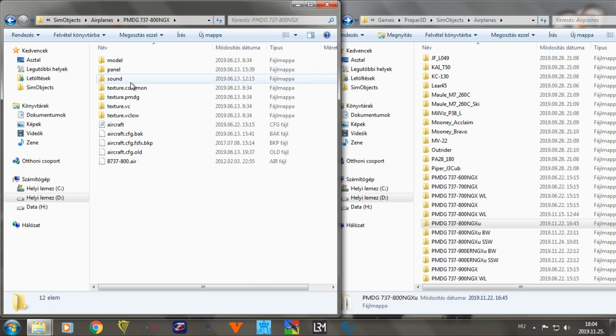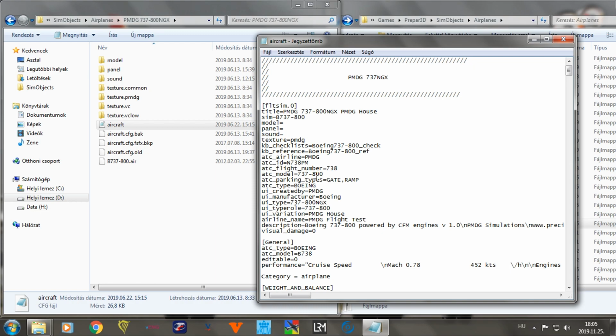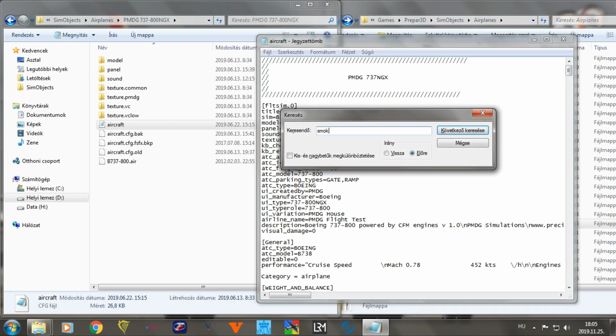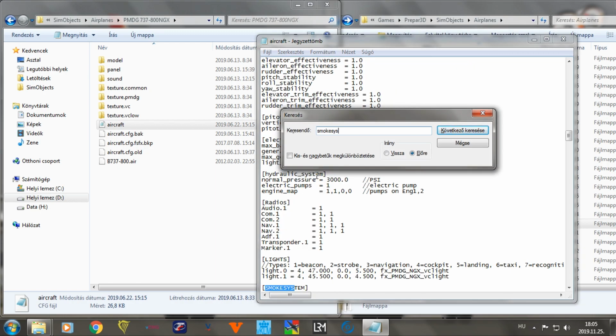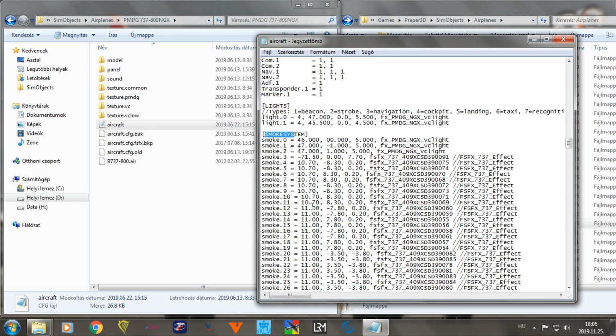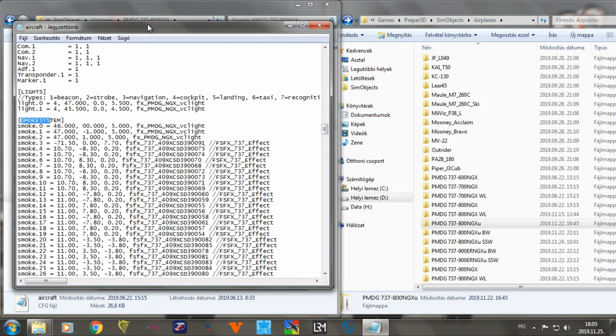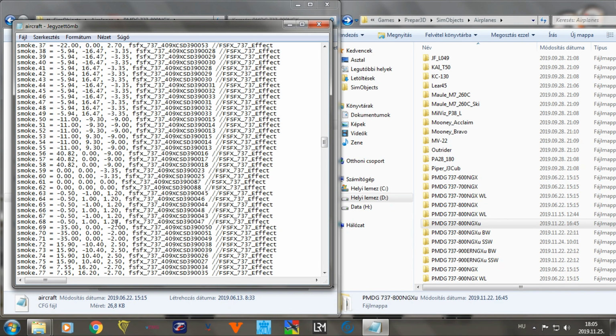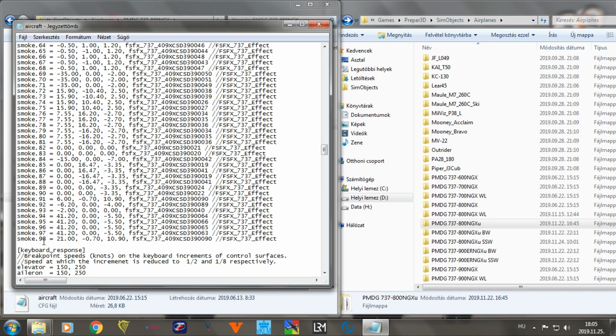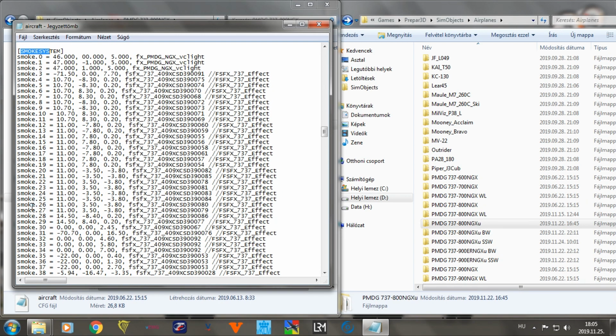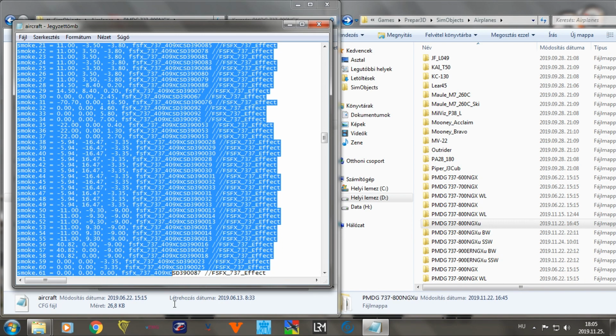Now this is going to be the main part on how to have the saturation effects on the wings, on the wheel spray and everything that the 737 Immersion includes. So you just have to look for your aircraft.cfg, open it, and search for the smoke system section. In your old NGX, you will probably have these lines from smoke.0 till smoke.98. Just highlight the whole section until